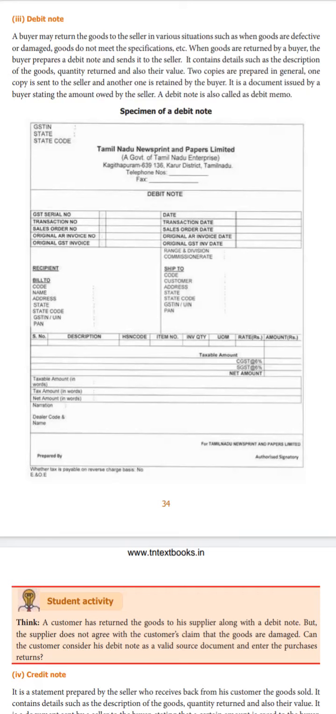Debit note. Okay, so here a debit note will be issued when a buyer returns the goods to the seller. That is, when a buyer purchases goods, and if he returns the goods finding that there is a defective quality, that is, when you go and purchase, for example, say 10 pens, and you find